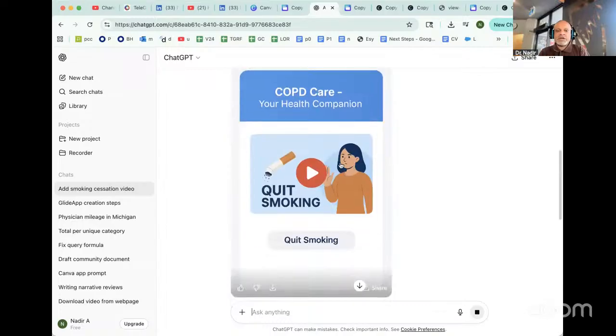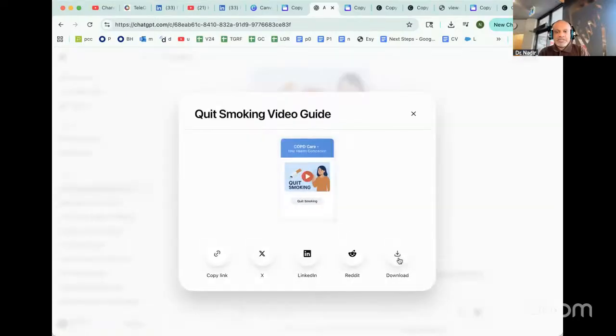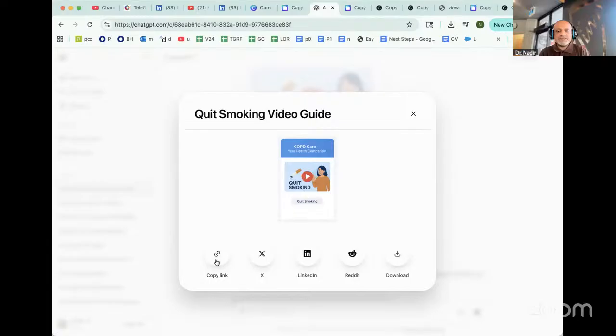You can just download that video. So there is an option to share. Here you can download that file, or you can copy it as a link. So it's going to be saved as public, and you can share it with others. But let's say I'm going to download it and you can put it on your YouTube. That's another option. So it's going to be 3 steps. The easiest step is to copy the link